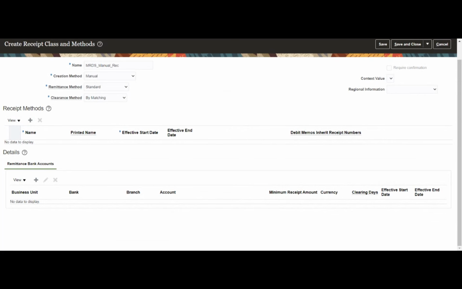We have the reference number that we can capture from this particular page. When we are creating the invoice, we will see those things. We have a special column wherein we can capture the reference number, and that can be matched with our bank statement. We will see those things in detail. For now, we are giving by matching. And then we have the receipt method.